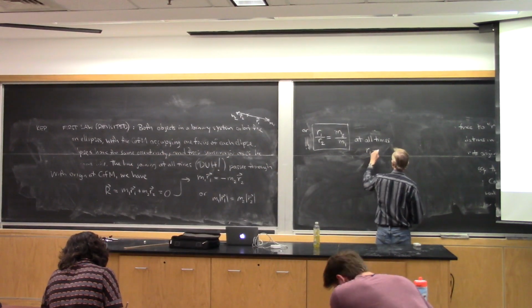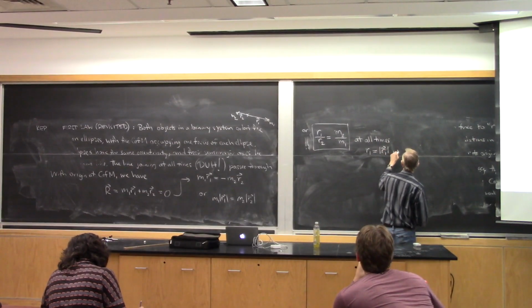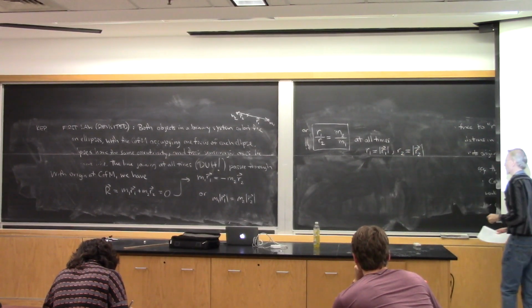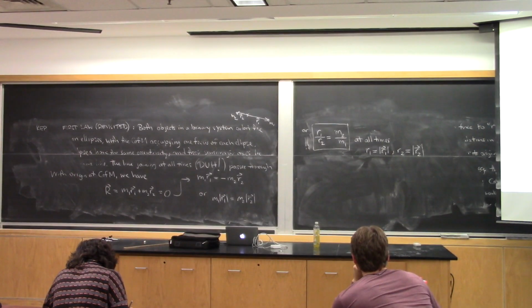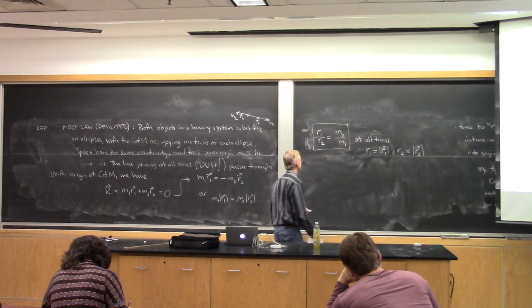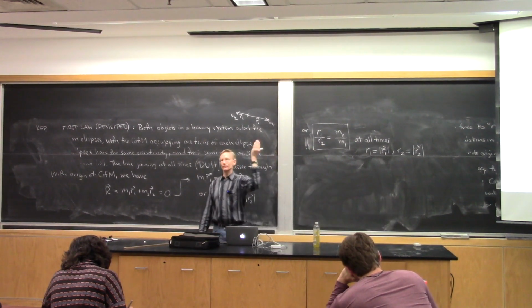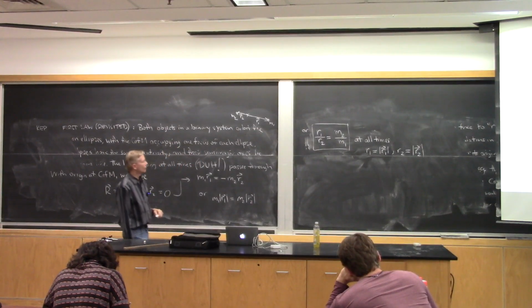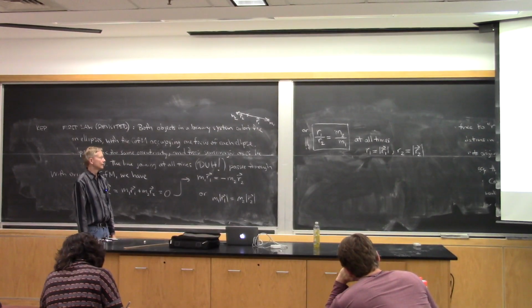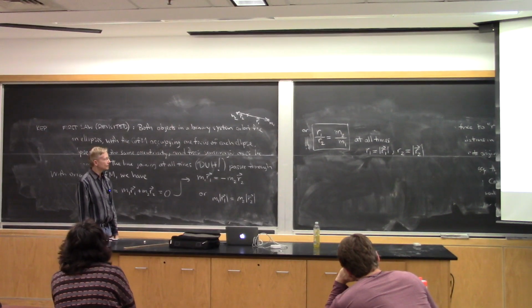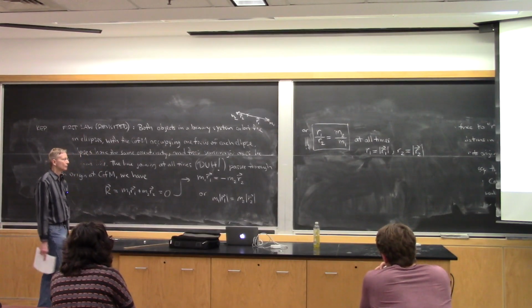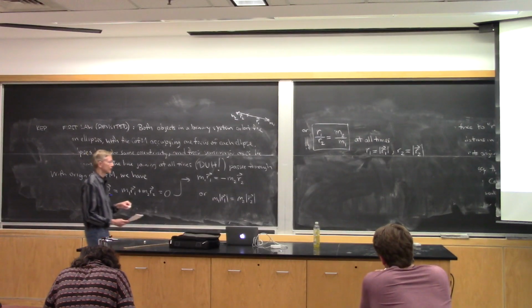So again, I'll note here, I'm making R1 and R2 be the magnitudes of those vectors, R1 and R2, that connect their positions to the center of mass. So this is saying the one that's more massive is close to the center of mass, right? If M2 over M1 is 10, R2 over R1 is a tenth, right? In other words, the more massive one is closer to the center of mass and vice versa.